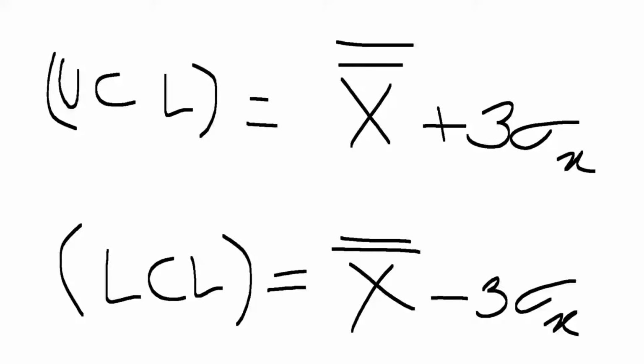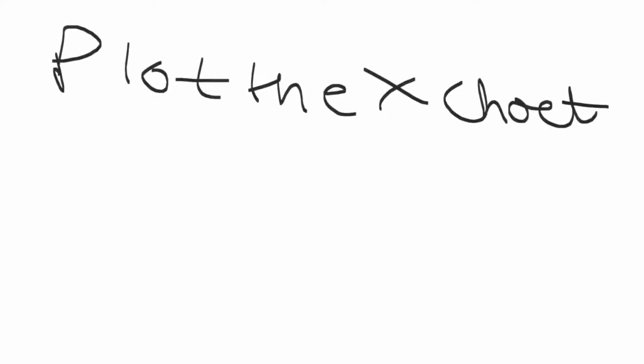So now, as we have seen, these 4 points are done. What is the fifth point? Our fifth point is to plot the X chart. So this is our fifth point, how the X chart is drawn. I'll give you a rough look at how it is drawn.